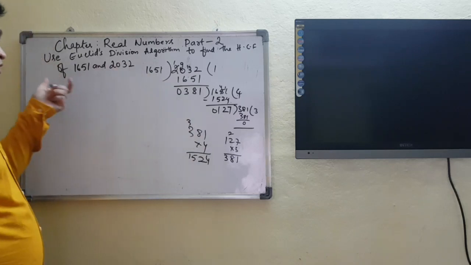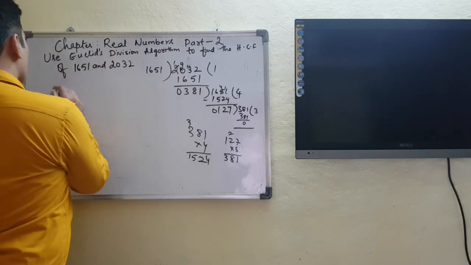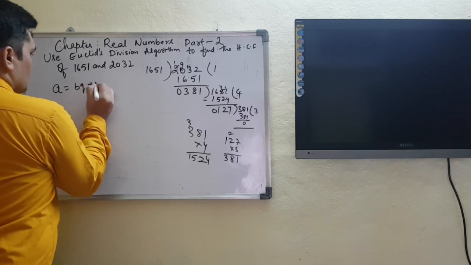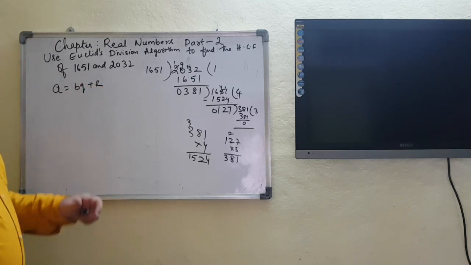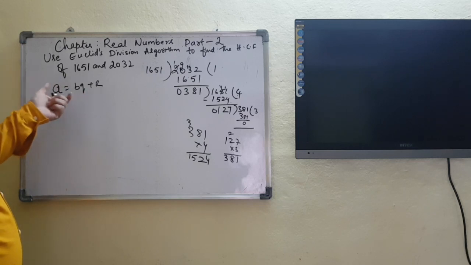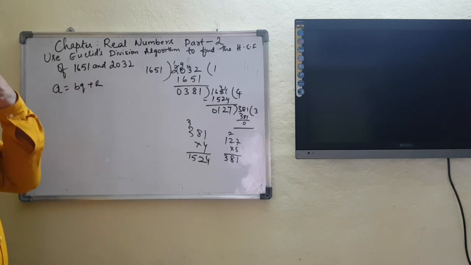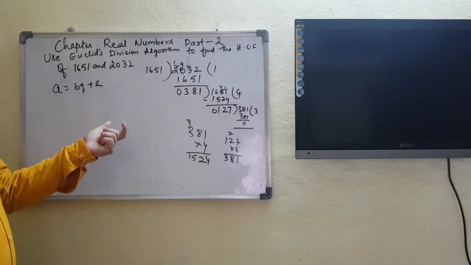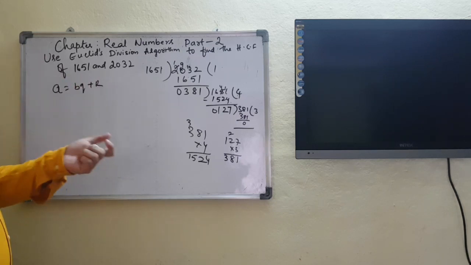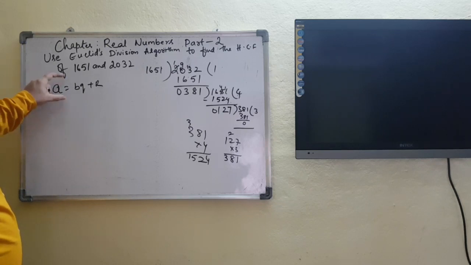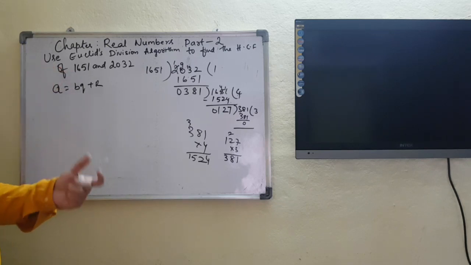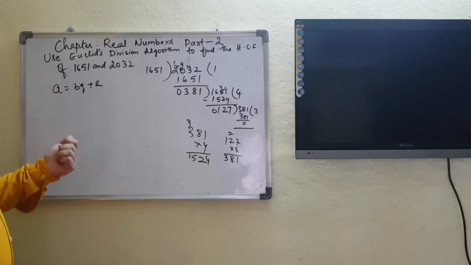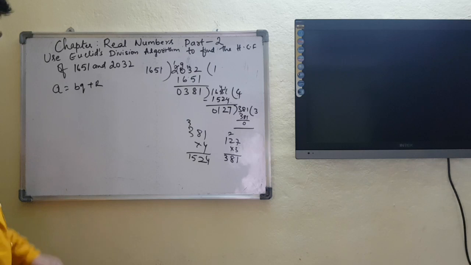Same thing, let us go with the Euclid division formula, that is A equals BQ plus R. You need to understand that in the question sometimes they say integers, where A, B, Q and R are all integers. But mostly we are going to use A and B as our main integers. Why? Because we are dealing with integers A and B, where B is our divisor and A is our dividend.